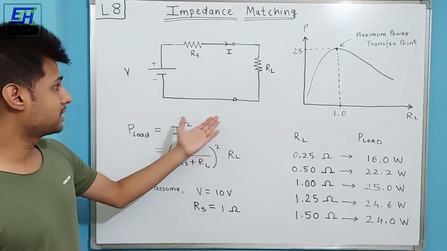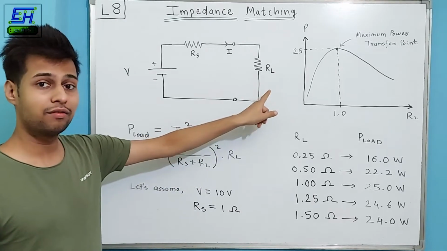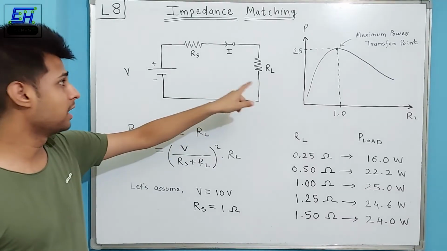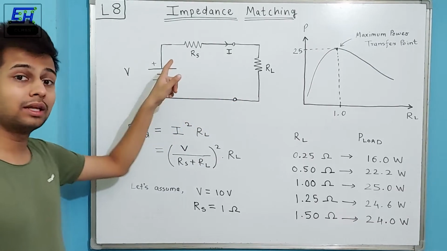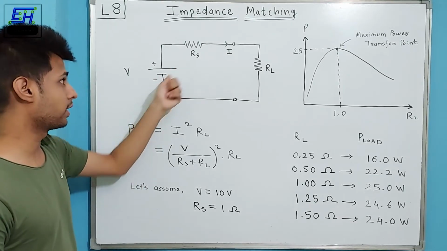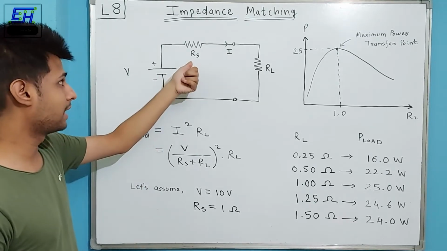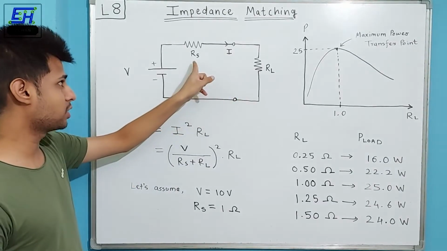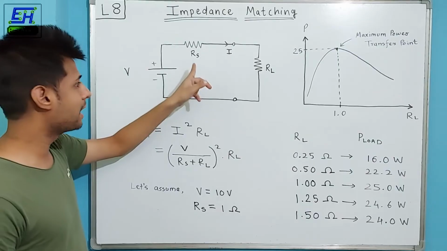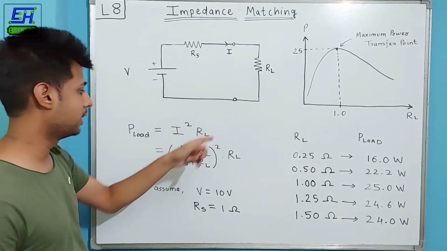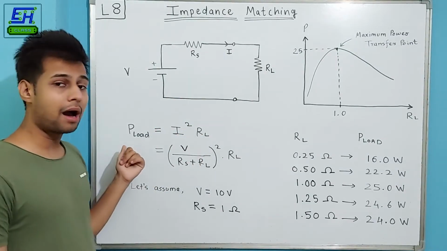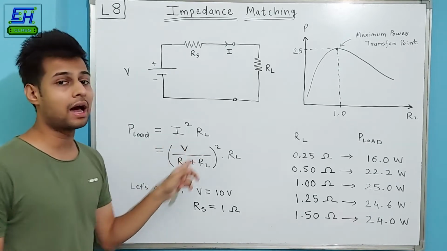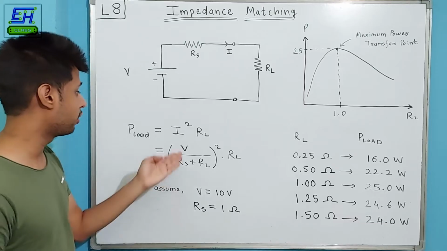Here you can see in this circuit we have a load resistance RL which we wish to drive, and here we also have a voltage source which is powering. And this RS is nothing but the internal impedance of the source, which we earlier talked about. The same current is flowing through the load resistance which is also flowing through this internal impedance RS, as this is a series circuit. So here the power which is delivered to the load is actually governed by the equation I squared RL. This is a very basic equation for the power.